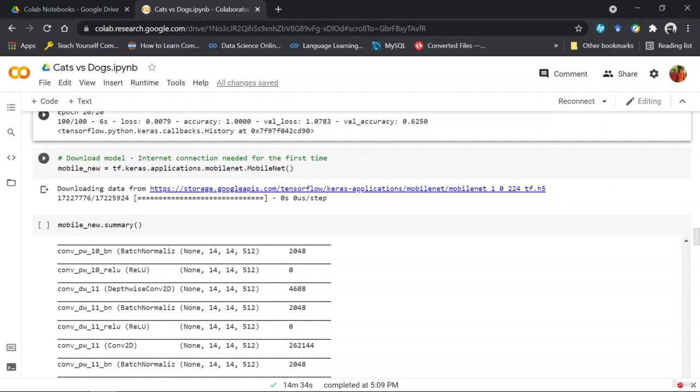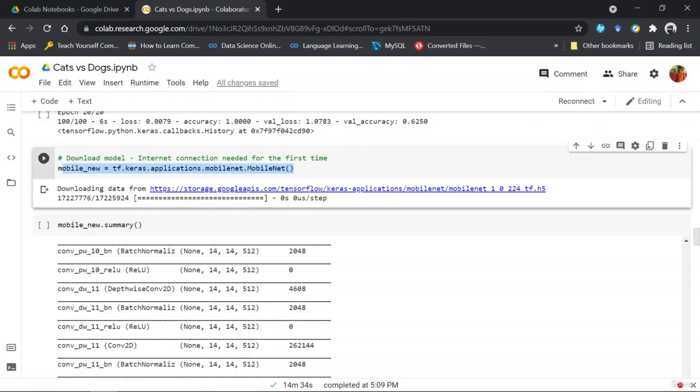So what you have to do is type in this line of code to call in your MobileNet for the first time. What it does is look in the TensorFlow library package and find if there is any MobileNet file.